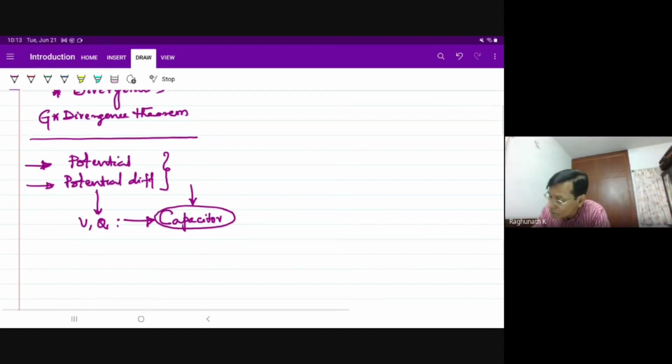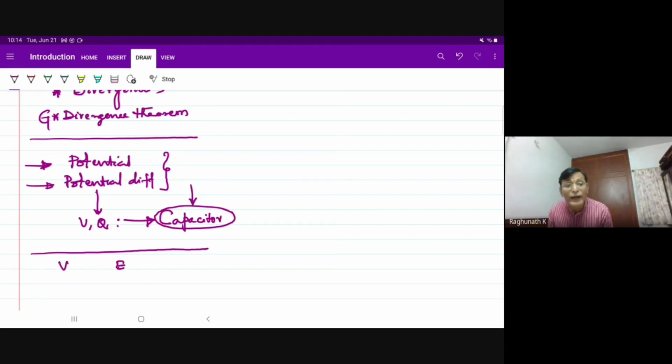After this, I know the scalar quantity V at any point. At any point in the field, there is V, there is E. There should be a way to calculate E from V. V can be calculated easily by using a scalar integral, because of which the first field quantity that I calculate is V. From V, I want to calculate the electric field intensity at any point, because somewhere I want to know the force.